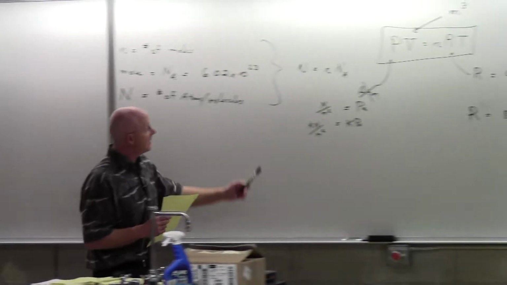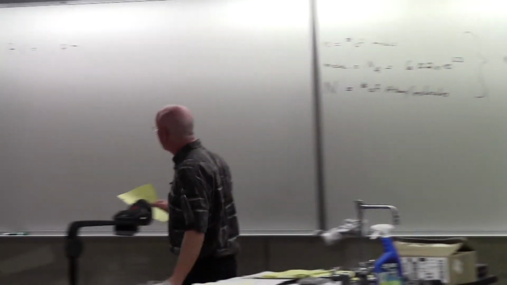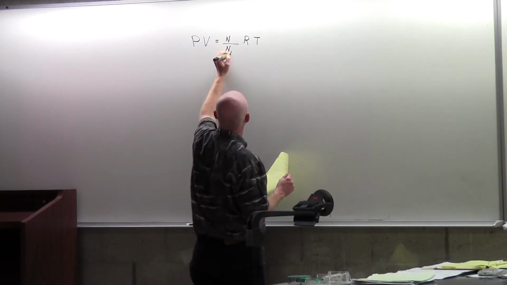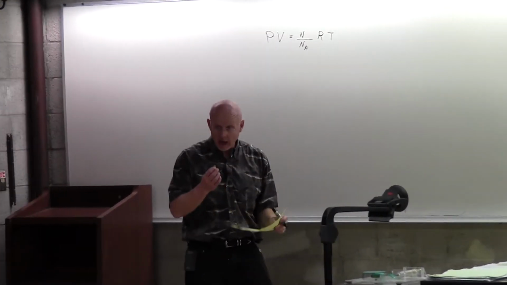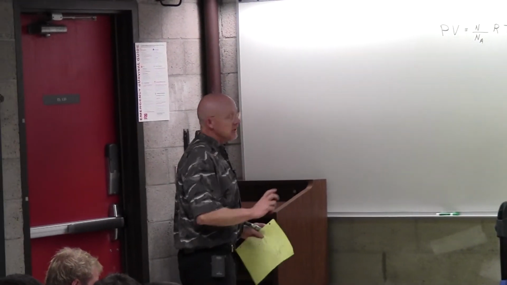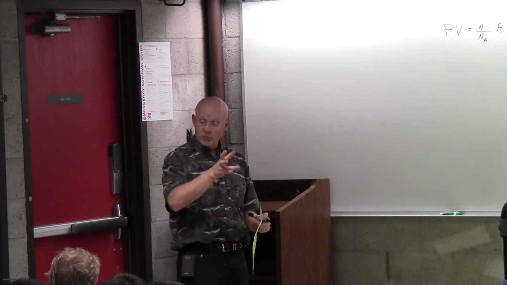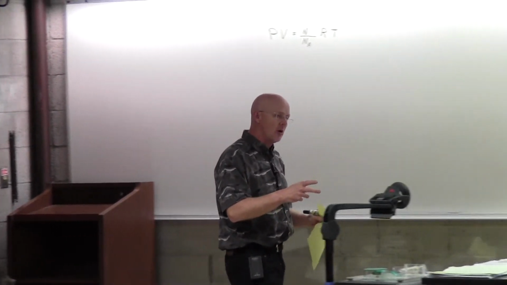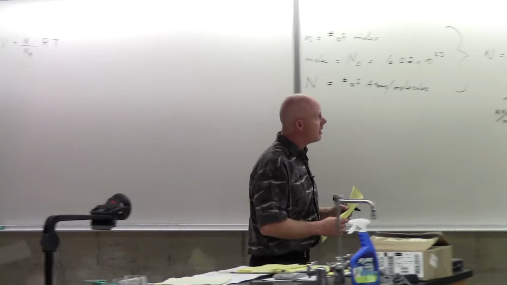Well, I guess it would be this relationship, right? I could write this as N divided by N sub A, N sub A being Avogadro's number. That's how many moles I would have. And in some sense, you will find this a much more useful equation. I know Boltzmann did, and so we will get there. We will start here